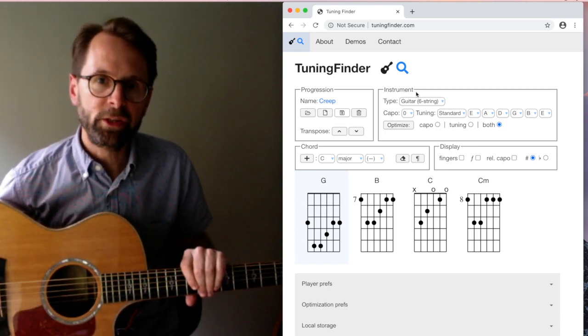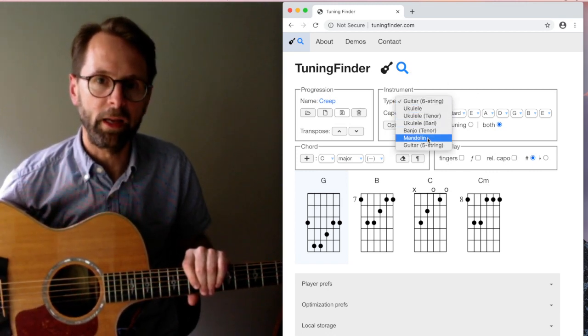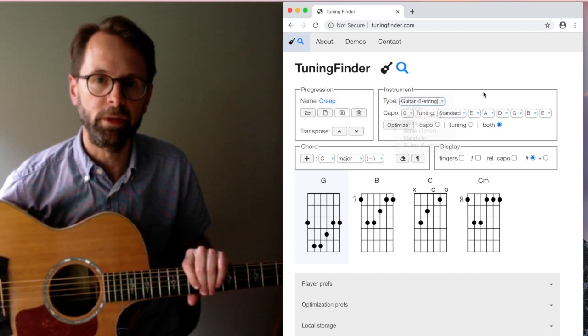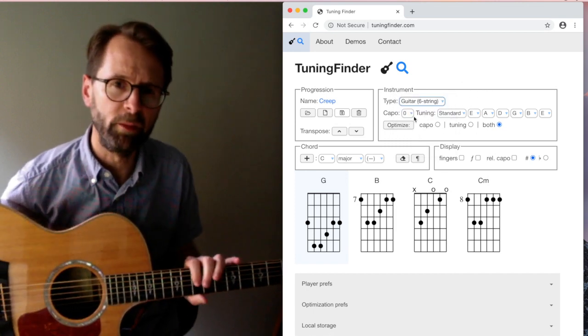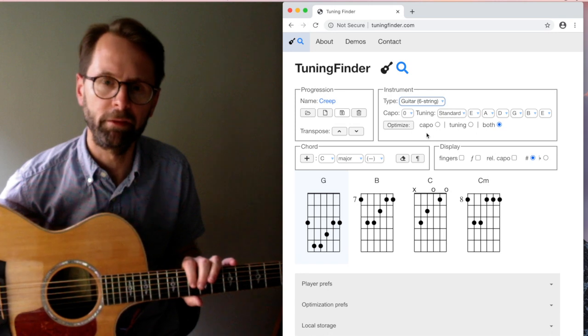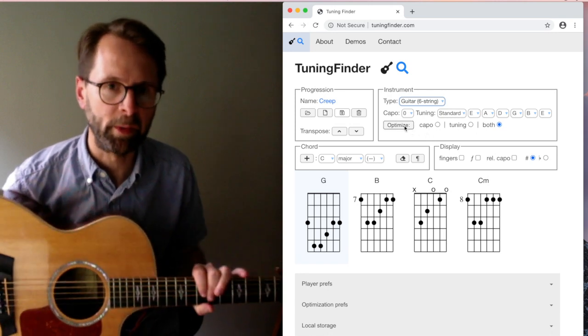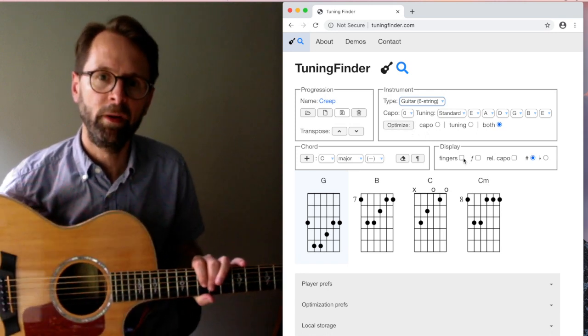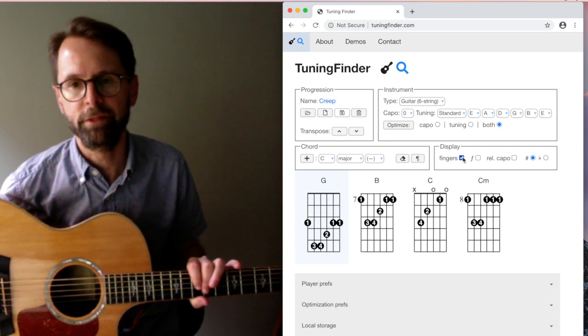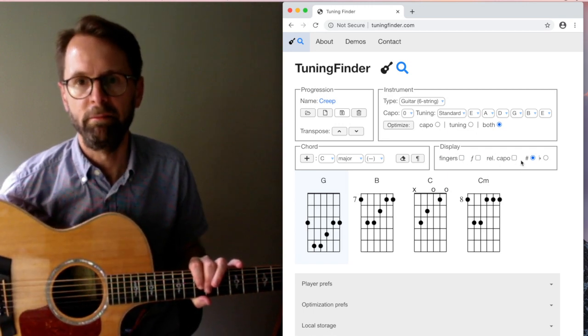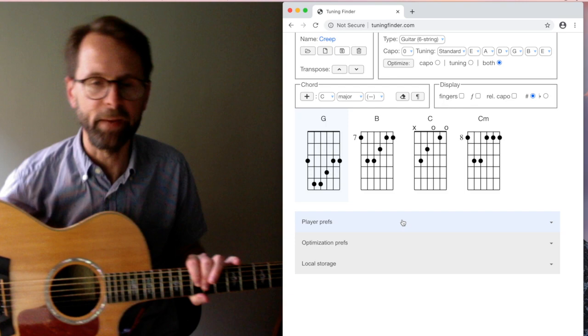This is where you set the instrument, so we could look at ukulele or any other instrument if you wanted. This is where you put your tuning and capo, what have you. I'll talk about optimization in a bit. You can show the suggested fingering and other things. Anyway,